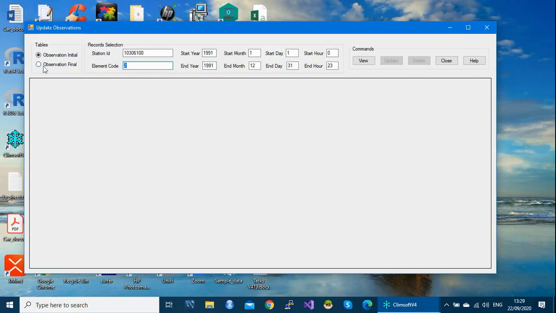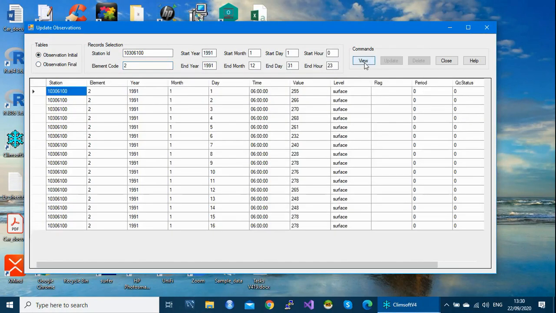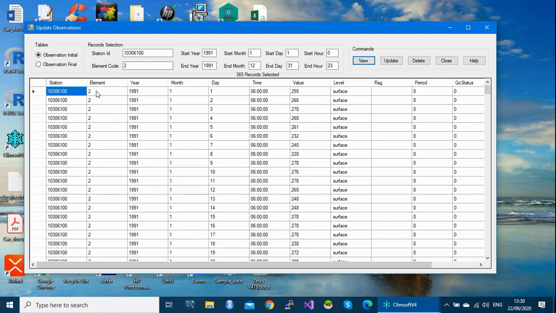And remember, my data sit in the observation initial table. Very important. Once I click on the view button, here is my data for element 2. As you can see, it was imported at this hour 06 without decimals. Very good. If you check as well for the minimum temperature and click on the view button, it will display the data. If you check again for precipitation and you view, it will display the values.